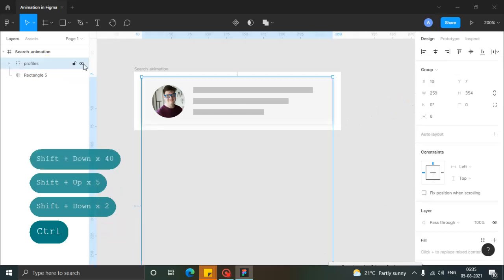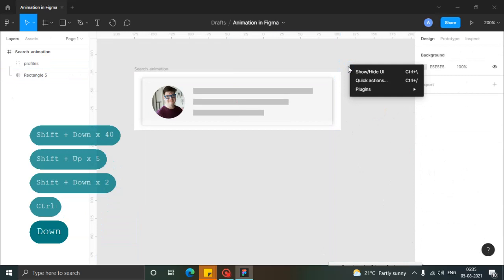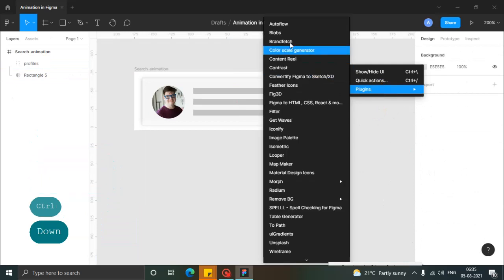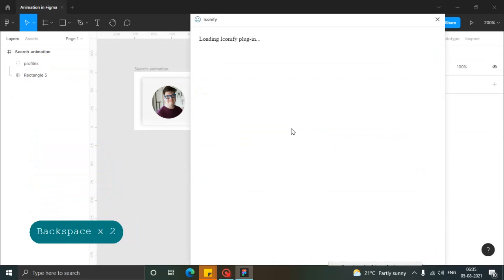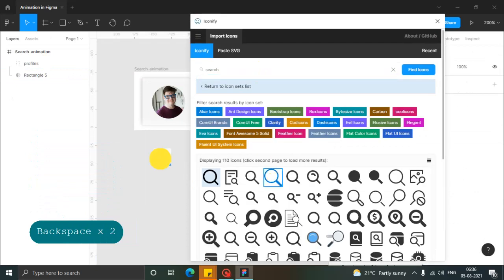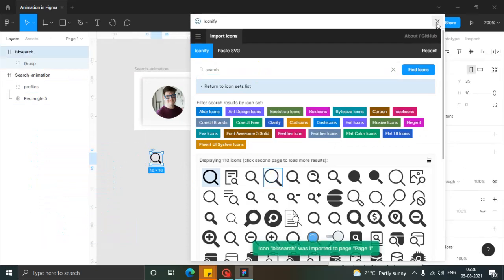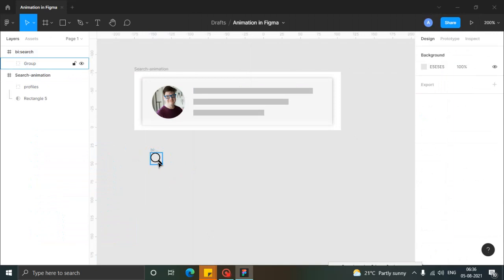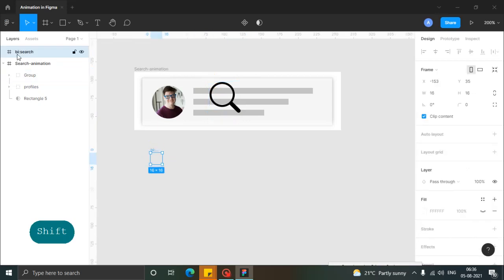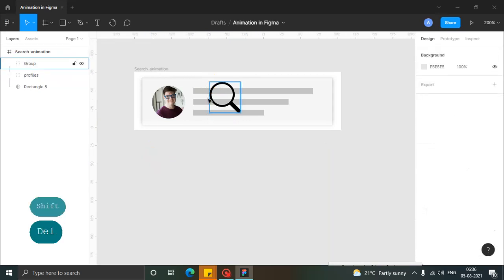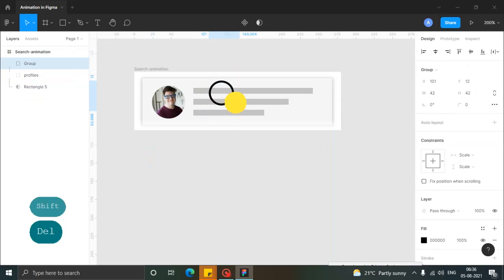So now let's add a search icon. So for search icon, I am using import Iconify, one plugin in Figma, and you can just drag it to the canvas, and I can now increase the size and delete the frame if it is not required. So I have this icon now. I can move this one. I want to move this one like this while doing animation. So let's rename it to search,